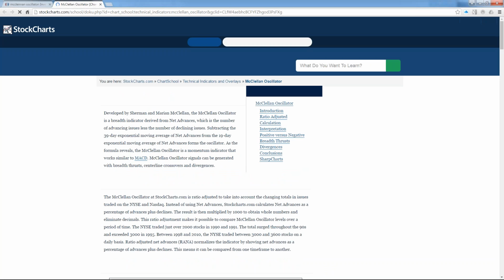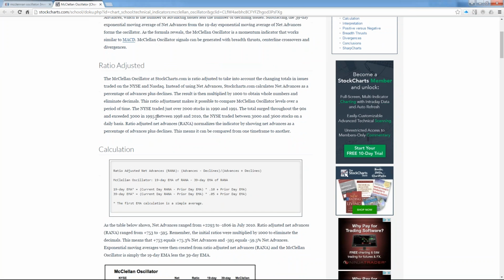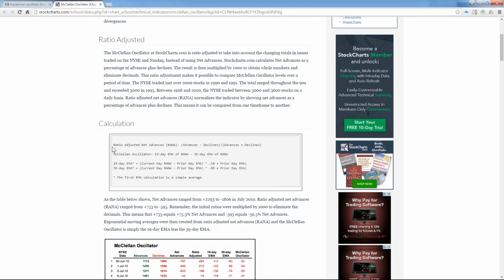So here's your McClellan oscillator. That's the actual definition, the actual calculation of what a McClellan oscillator is. You don't want to get into it, but if you want to, you get into it. It basically adjusts to account for the changing totals and number of issues traded on the New York and NASDAQ. Instead of using the number of stocks that are advancing, it calculates net advances as a percentage of advances per decline. Okay, so this is the formula